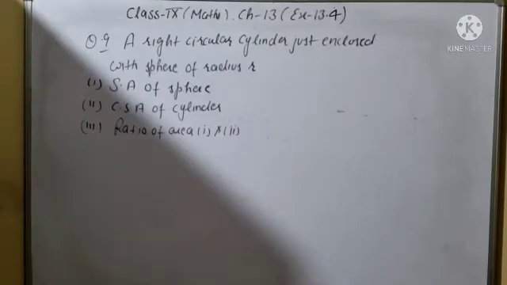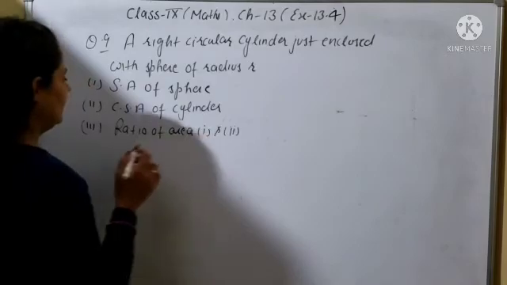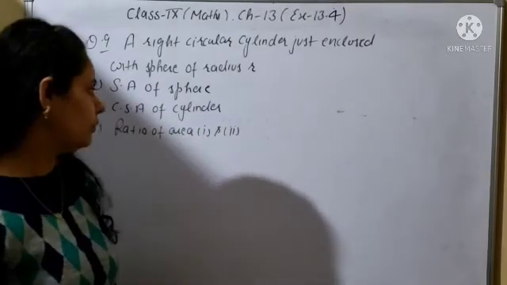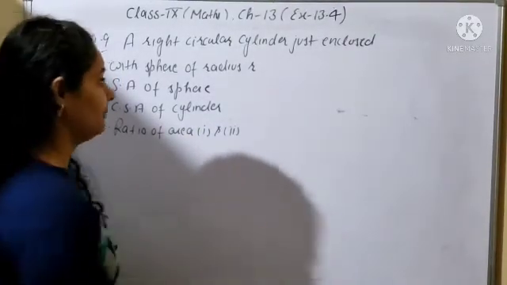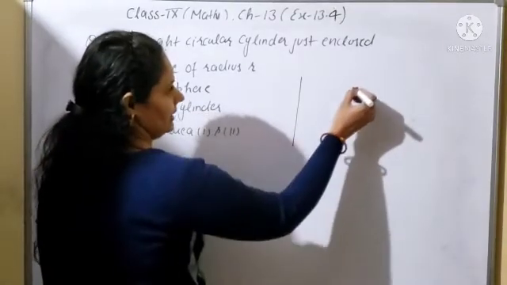Now next question, last question of this exercise, question number 9. A right circular cylinder just enclosed with sphere of radius r. So first find out the surface area of sphere. Next is curved surface area of cylinder, and next one is the ratio of areas 1 and 2. Okay, so what is given? A cylinder is given,